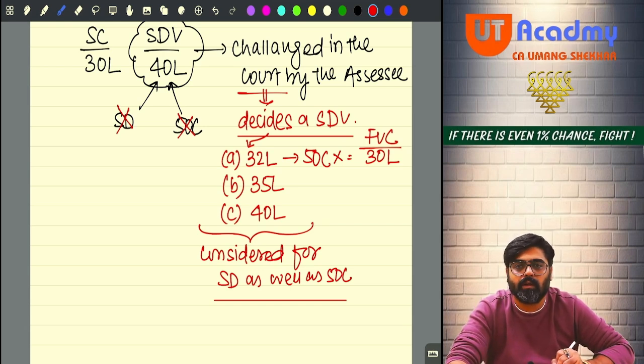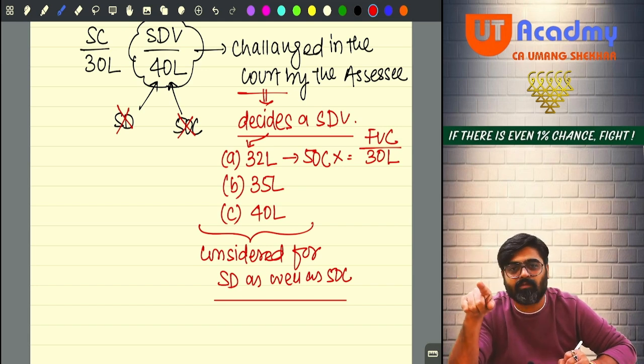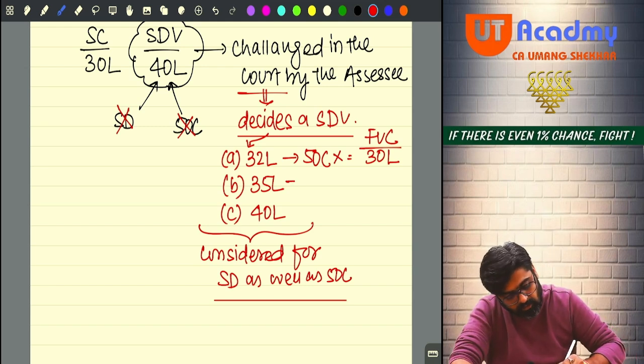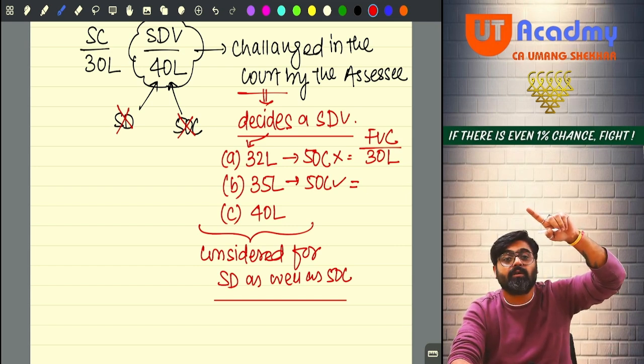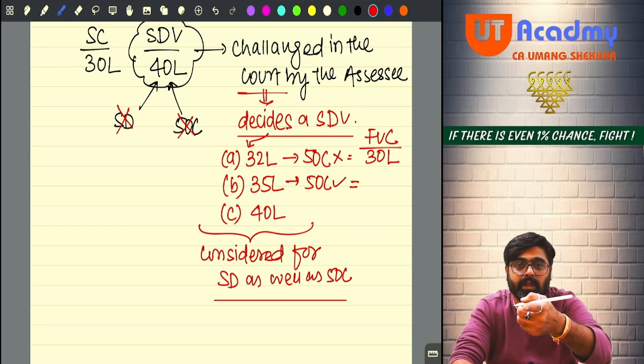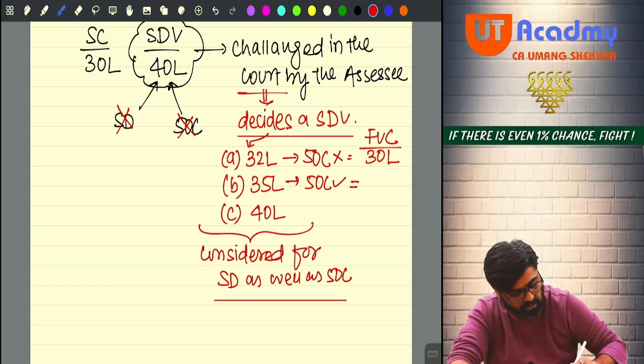Okay, sir? Now what if the court decides 35 lakhs? Is it more than the 30 lakhs sale consideration? Yes. And the difference is 5 lakhs. And now this 5 lakh difference is more than 10% of your sale consideration. Yes or no? Now here 50C will be applicable or will not be applicable? Will be applicable. And if 50C applies, then 40 lakhs cannot be taken as full value of consideration. We have to take only the amount decided by the court, 35 lakhs. Yes or no?